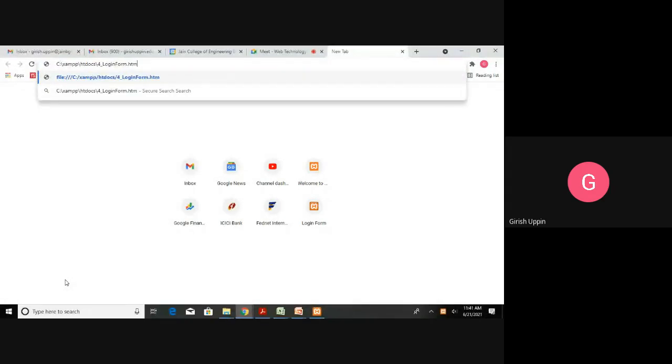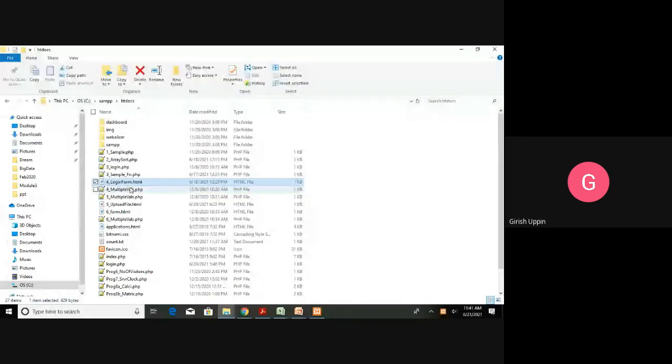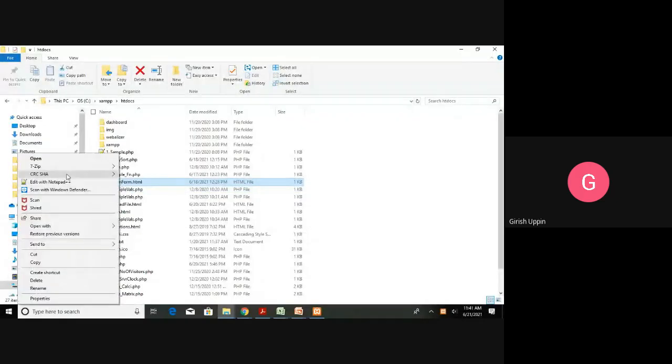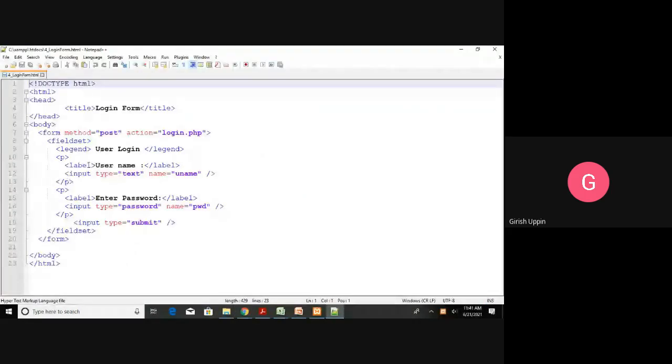This is the page we looked at in the previous class. I have just added a few things there, and this is edit login.php.